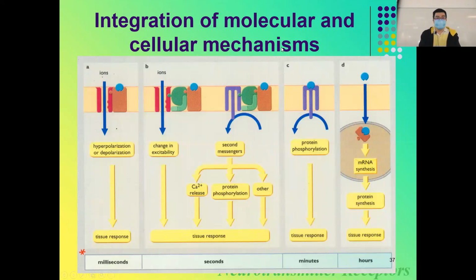So here is the integration of the molecular and cellular mechanisms. So here are the ionotropic receptors. That will cause hyperpolarization or depolarization, and that will last for milliseconds. So really quick response. The other one, the G protein coupled receptors, can also link to the ion channel as well, but that will be much slower because that involves the activation of secondary messengers. Okay. For the other one, involving calcium ions,